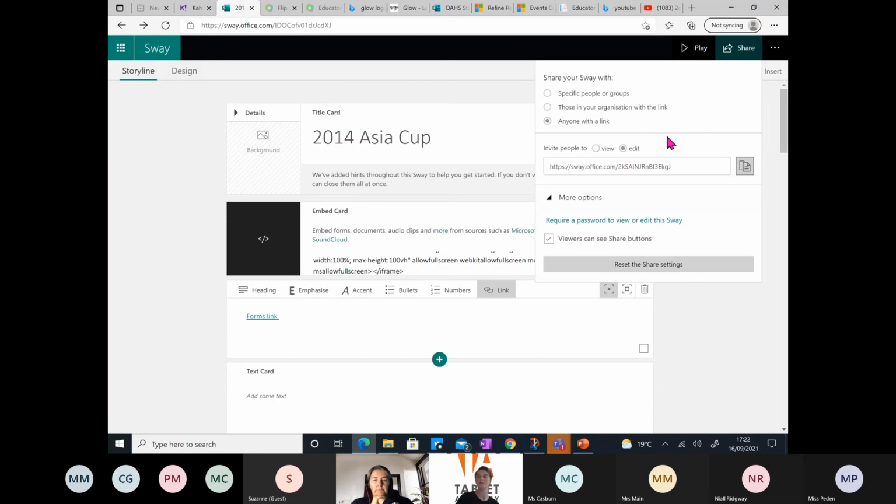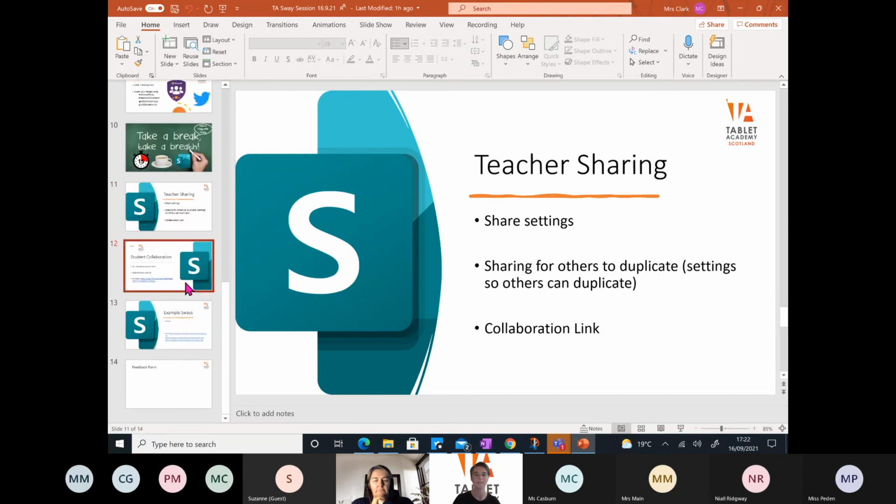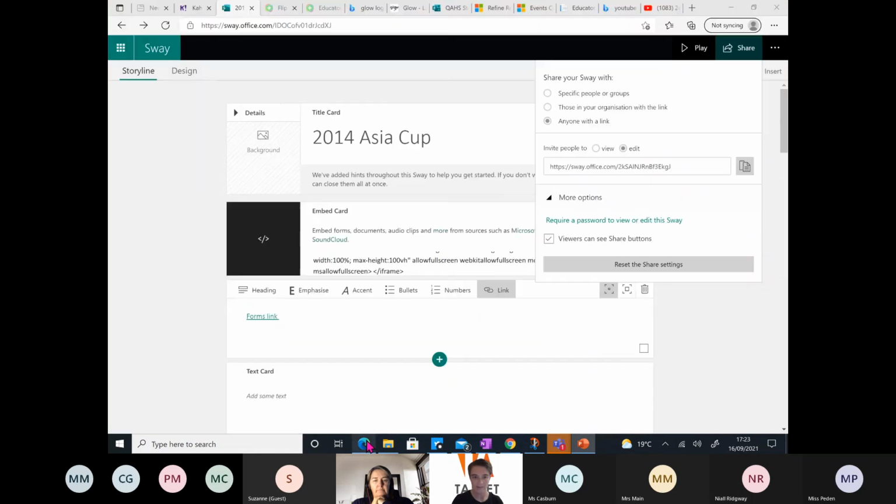And when it comes to students sharing, there are a few things you can do when it comes to students collaborating. When students are collaborating, you can have 10 students at any one time working in a Sway. They can go in, make a Sway, and then share the edit link with another pupil. Or you can share a template and get them working in it together. So I have got a template in my Sways here,